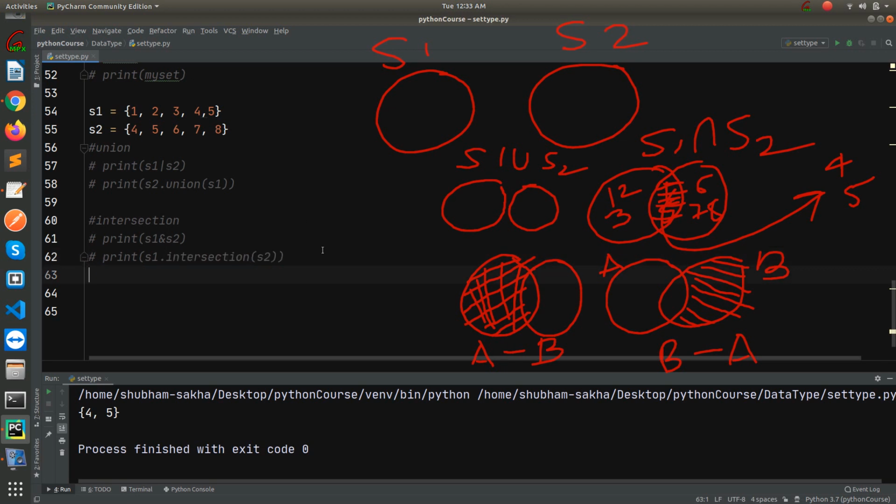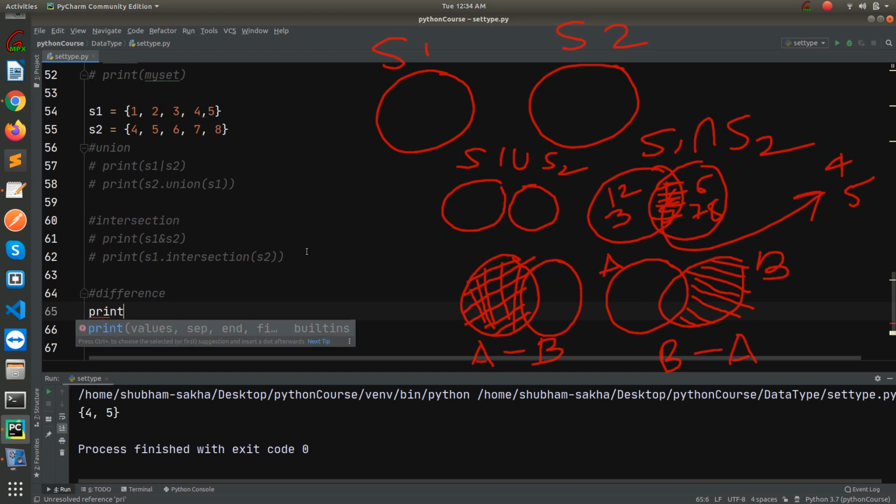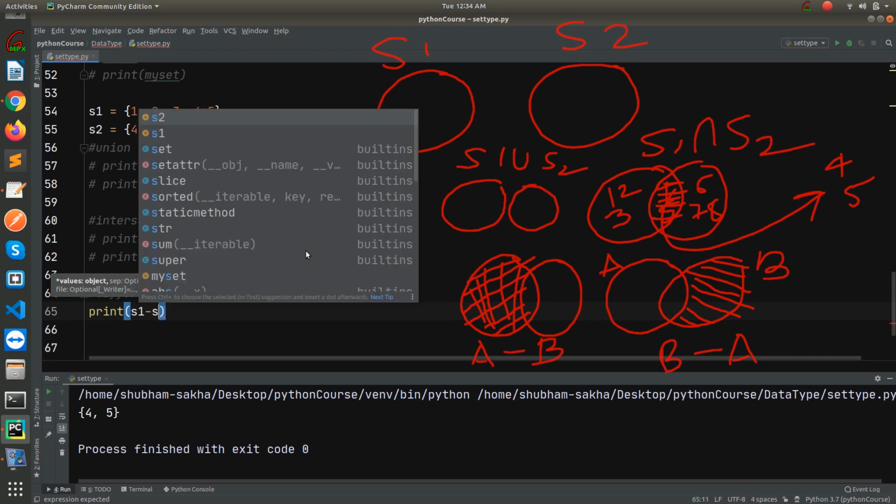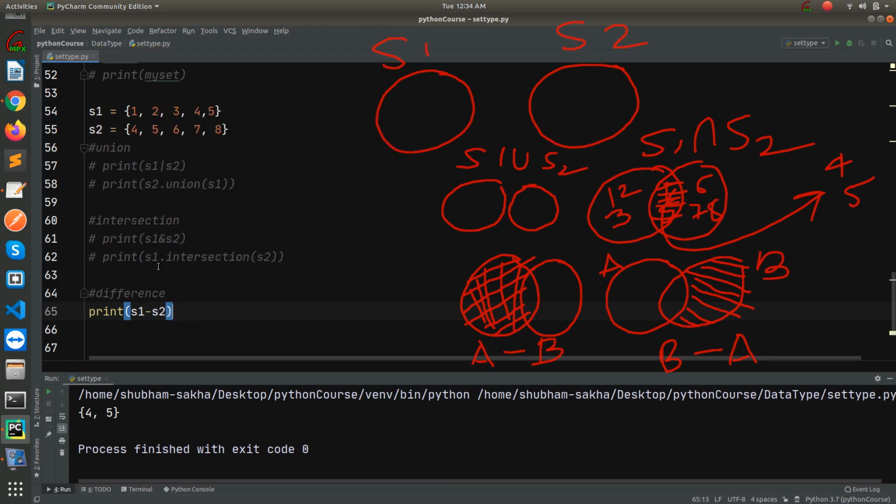Okay, now let's try out the difference, that is A minus B or B minus A. How we can implement it in a set. So difference, we can easily call using the subtraction operator, print S1 minus S2. So what should be S1 minus S2?